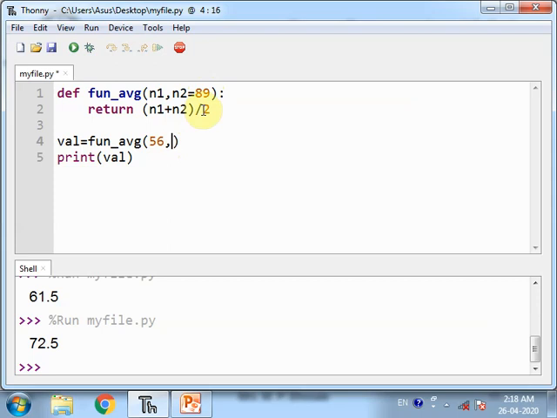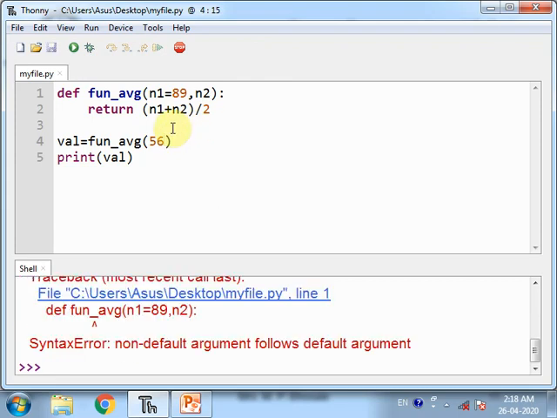But if I pass here 45 and if I run this, then also I'll get a result, because now instead of 89, n2 is replaced by 45. Now if I say n1 is equal to 89 and n2 is nothing, and if I pass here only one argument and run this program, then I'll get a syntax error, because